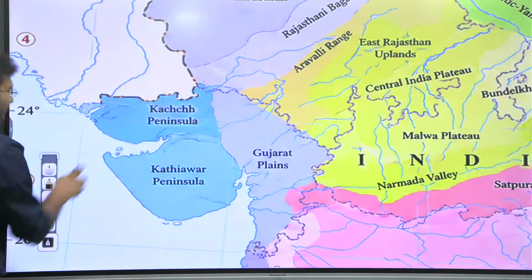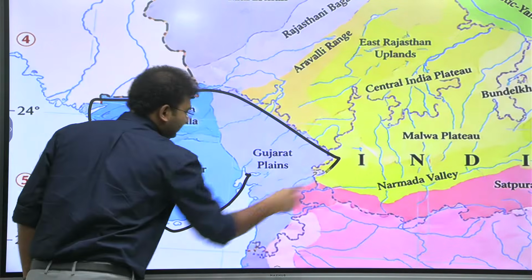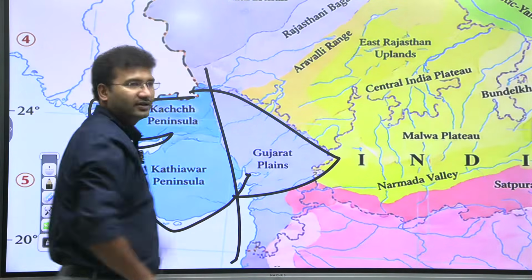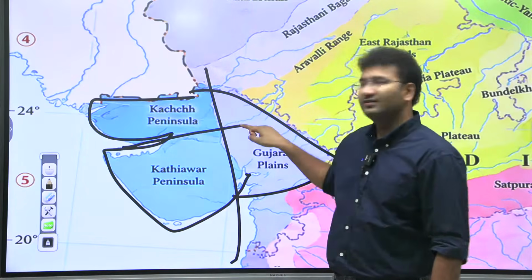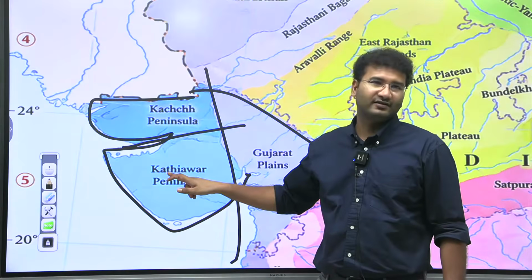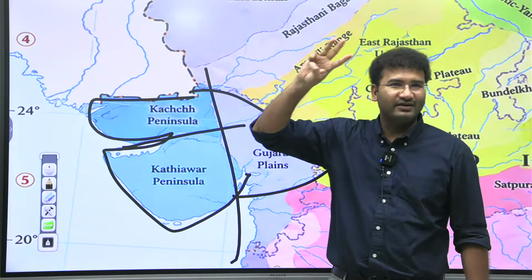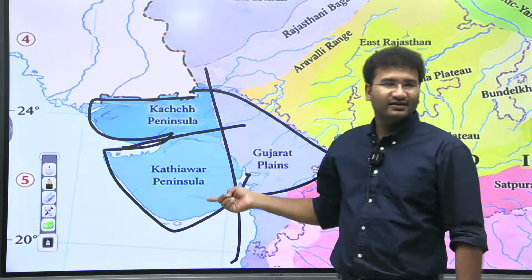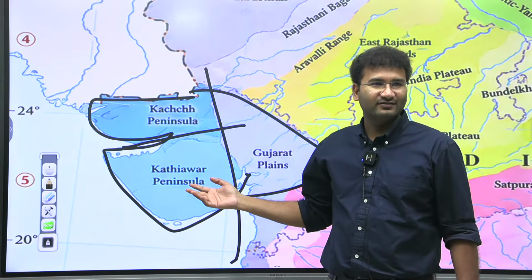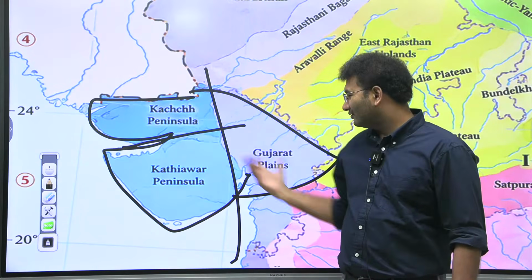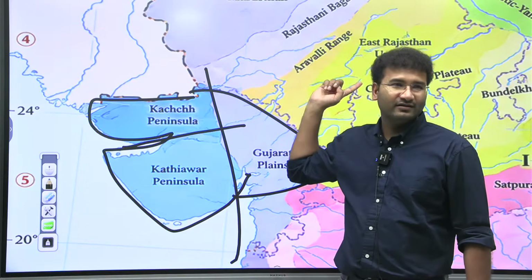Now come to the western side. See, this is called Kutch and Kathiawar. So take Gujarat. Gujarat is divided into the eastern side which is Gujarat plains, the northern part which is your Kutch, and the southern part which is your Kathiawar. So there was a separate state demand. If you remember, 3 states were demanding separate states. One is Telangana, the other one is Kathiawar, which is Saurashtra. What is Saurashtra? A part of common cultures. This is your Saurashtra, right? And then Vidarbha. This was the demand.